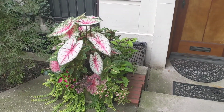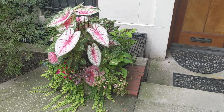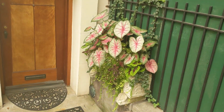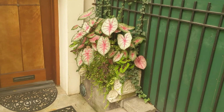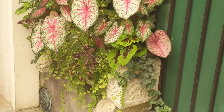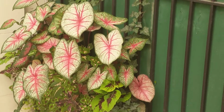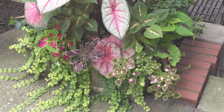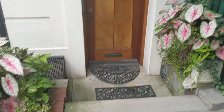But this is what I thought was quite spectacular. Creeping Jenny, which is generally a weed in most gardens, in a container is a lovely trailing plant. And with Coleus, this is a full shade environment. So you have mixes of Coleus, the different textures, colors, and it's not just Coleus. It's also Caladium, the big leaf Caladium. So making a really striking entrance to this nice doorway, which is,